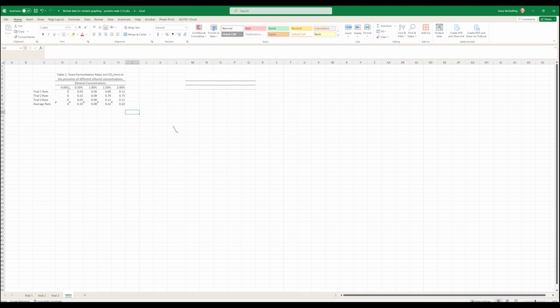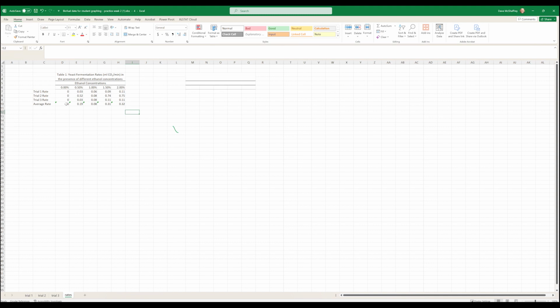We could have easily done a concentration of 0.25 or 0.125 or 0.175 or whatever. We could have kept dividing it by halves. We could have put any number in between, but we didn't. So what we've got is basically this is going to be a line graph,